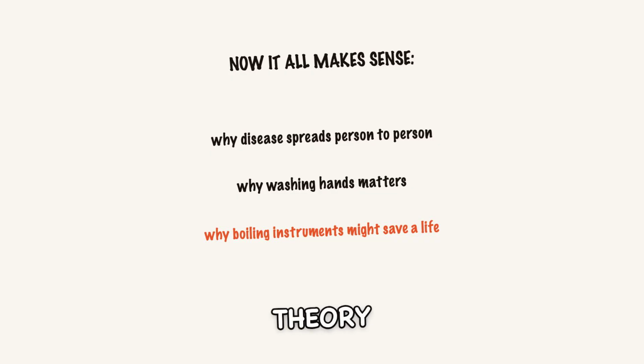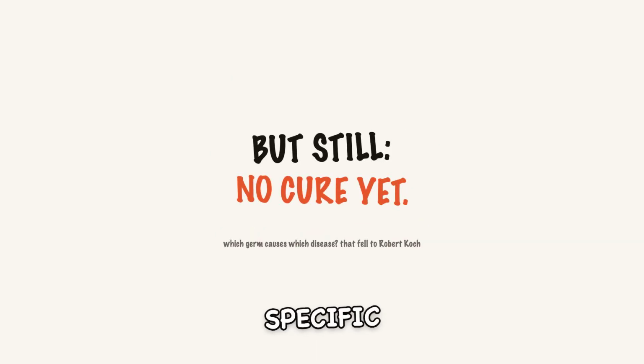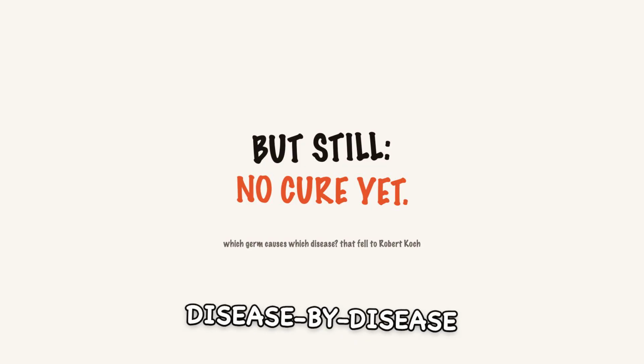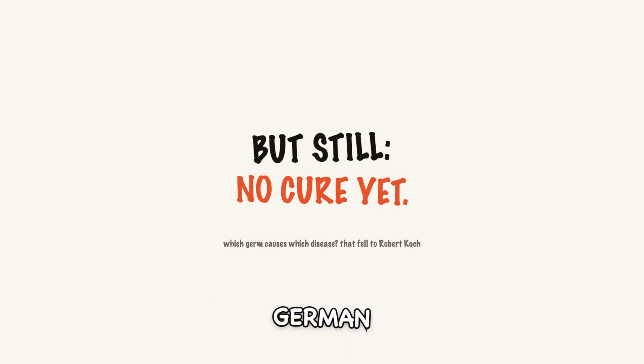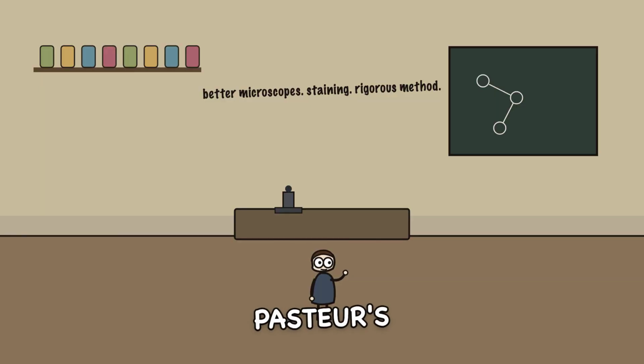But Pasteur's theory on its own still couldn't cure anything. It couldn't yet tell you which specific germ caused which specific disease, or how to stop that particular germ. That precise, disease-by-disease detective work fell to a German doctor named Robert Koch. Robert Koch took Pasteur's general theory and made it specific, and specific is what makes a theory actually useful to